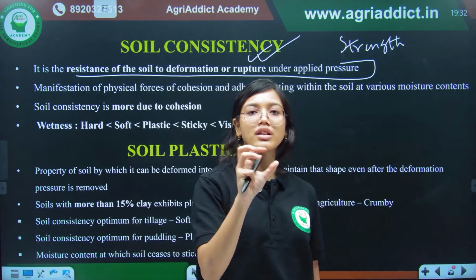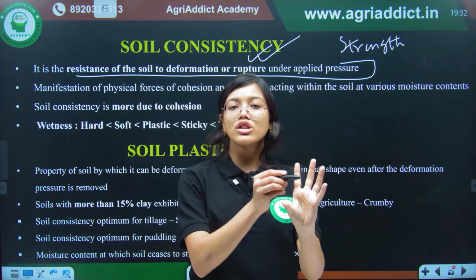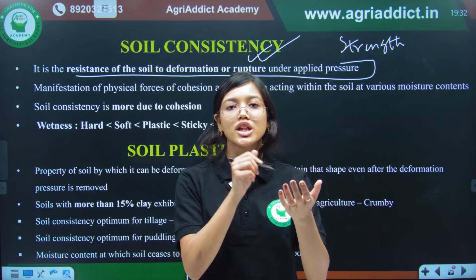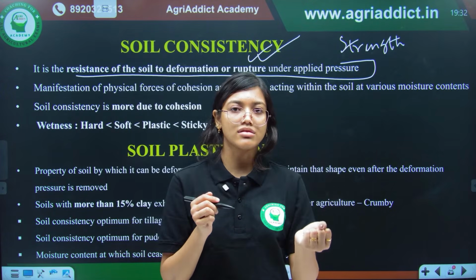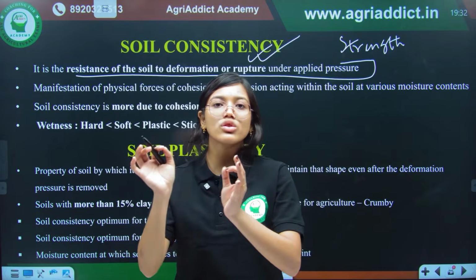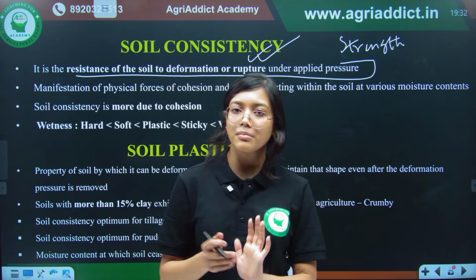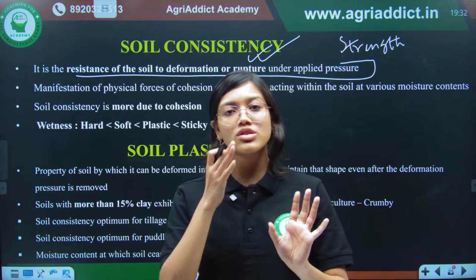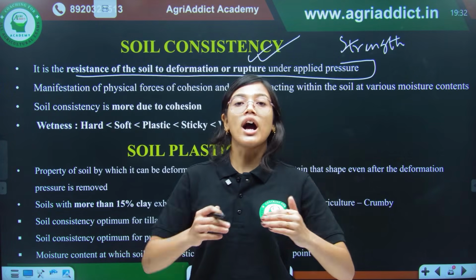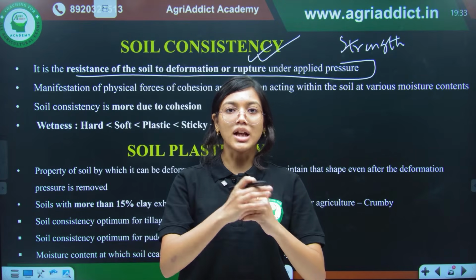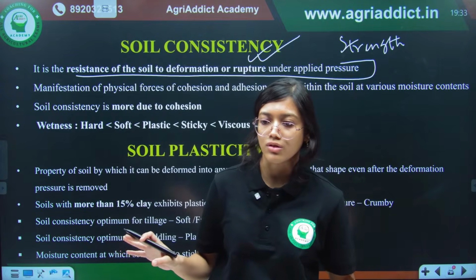Suppose you have a lump of soil and you apply some pressure so that it forms a ball. With consistency you will see whether or not it can retain the structure after the applied pressure. So consistency deals with the retainment of the structure or the deformation. But when I discuss soil strength, it is about resisting the deformation. That means a soil has more strength if it does not alter at all.